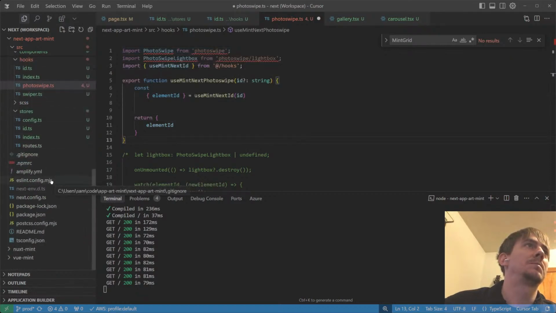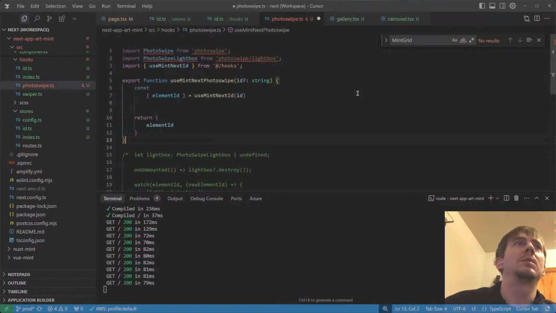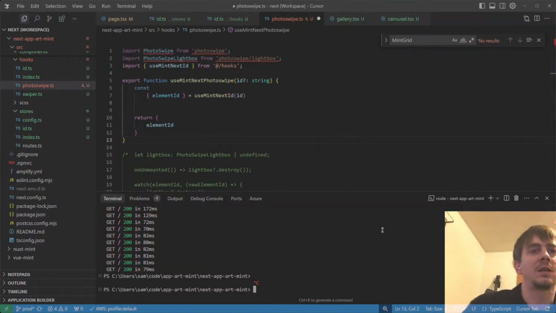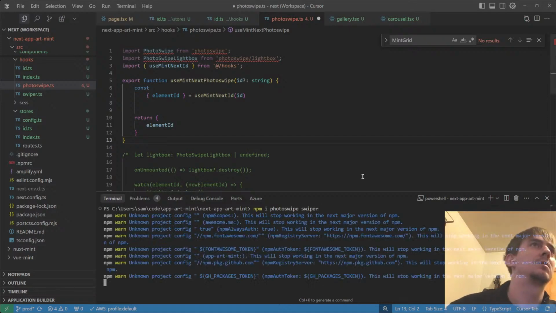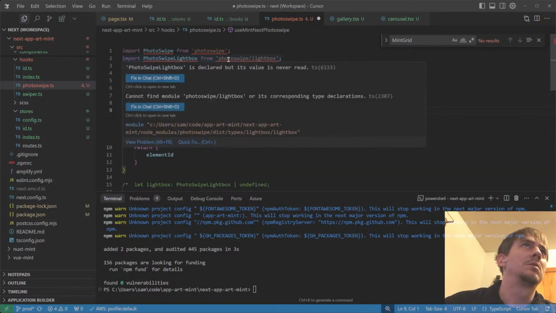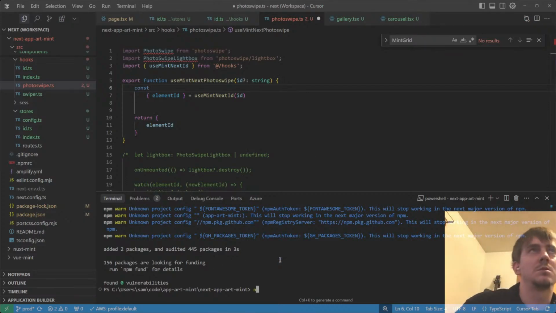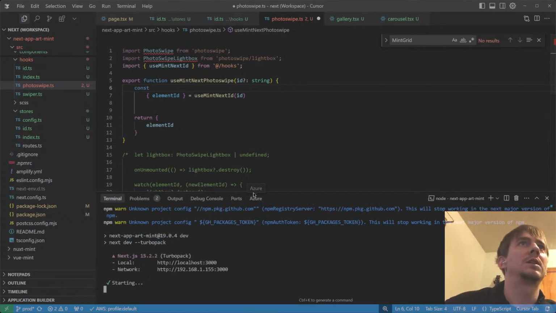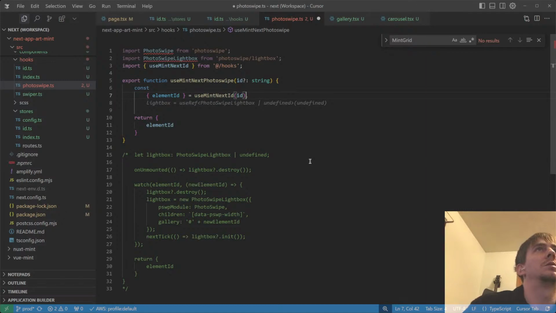Never installed photo swipe? Nope, that means I'm going to need, get out of here. NPM i, photo swipe, and swiper. Do I need types for those? No, I do not. Run dev again and close it. Then we will